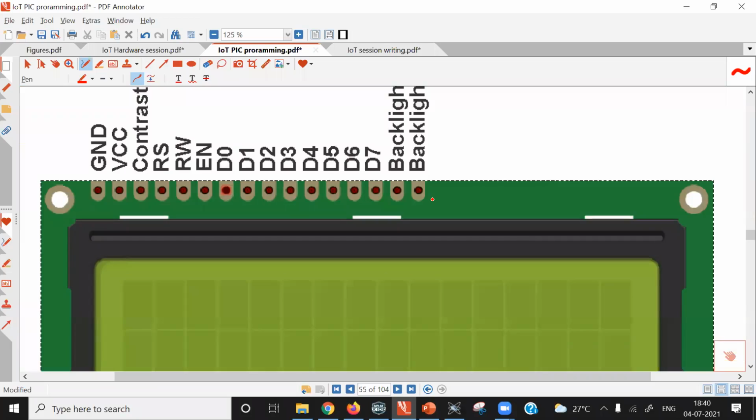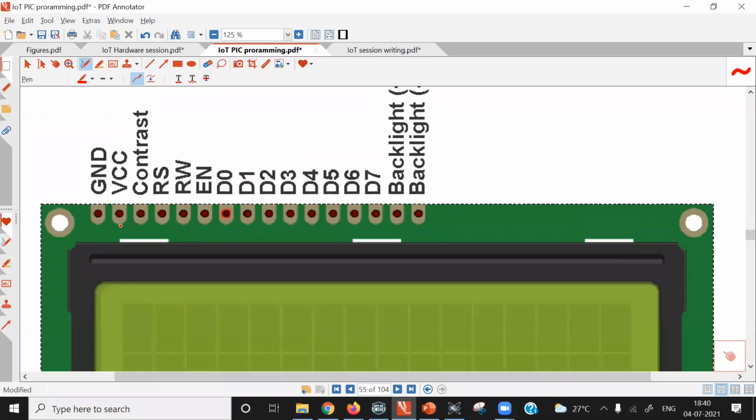Then the pinout of the 16x2 LCD display. A total of 16 pins are there. The first two pins are ground and VCC. The third pin is the contrast pin. In all my products, wherever I am using an LCD display, I do not use a trimmer pot for adjustment of contrast. I already found out the optimum value of resistance to get the optimum contrast.